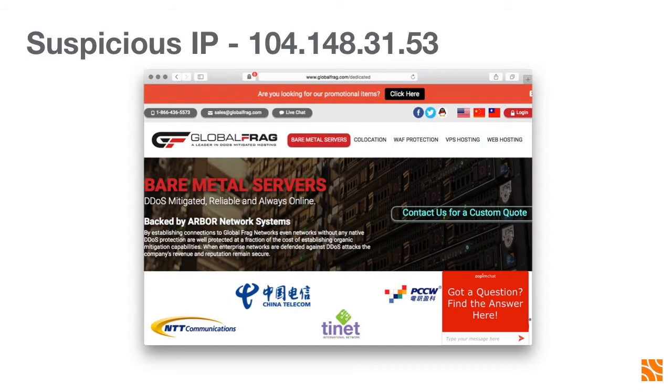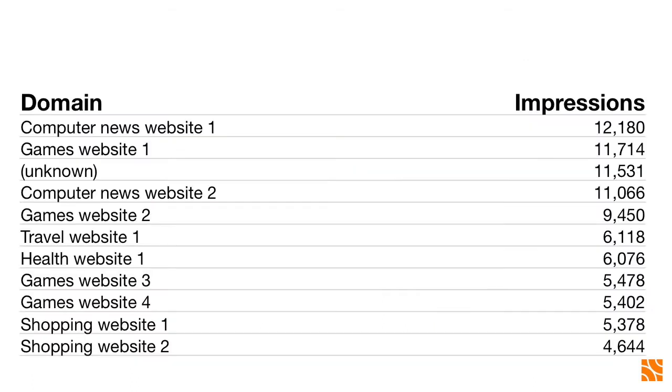So you can go on Global Frag's website and just get a server for a certain amount of money per month. And this is an example of someone we don't want to serve any ads to, because we think it's very likely that whoever's on the other end of this IP address is not a human. So I actually went and looked at the websites they're looking at. This is from that same IP address, and it's for just today. And I can assure you that all of this has been blacklisted for some time now.